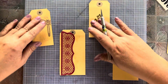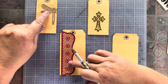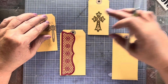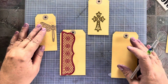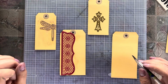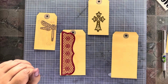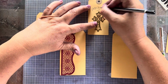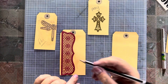So I have prepared 3 tags. These 2 have die cuts, and this one is a laser sticker, and then this one is blank. As you can see, they're different sizes. I find with words, it's quite difficult to do words on small tags unless it's a really short word. So on this tag here, I'm going to put the word pray. And on this tag here, I'm going to put the word fly. And on this one,